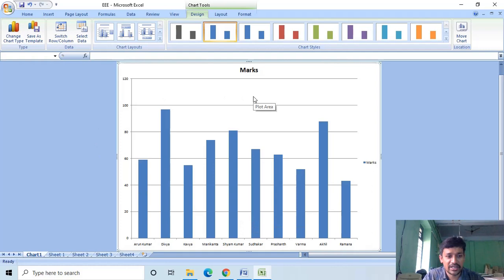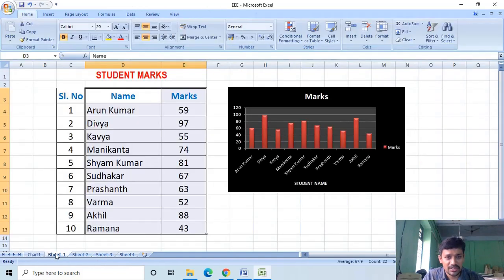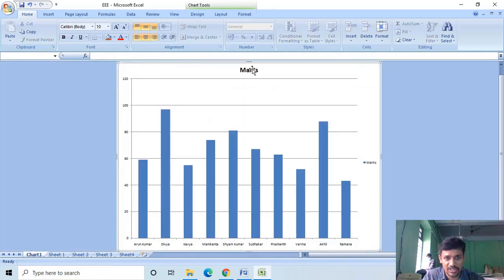Automatically the chart is created as a separate sheet. In the previous method, the chart is created within the same sheet. But if you use the second method, the chart is created in a separate sheet.